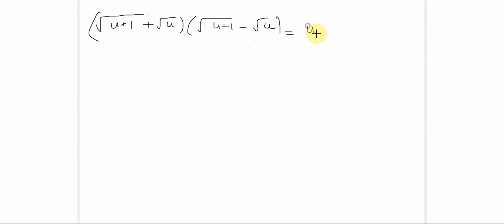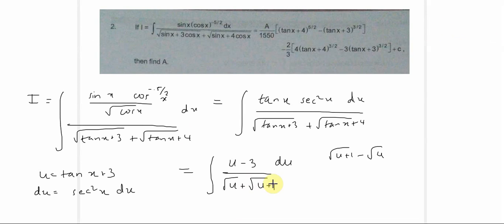This is root u plus 1 the whole square minus root u whole square. This is just u plus 1 minus u, which is 1. So we can make our denominator disappear by just multiplying by this term right here,